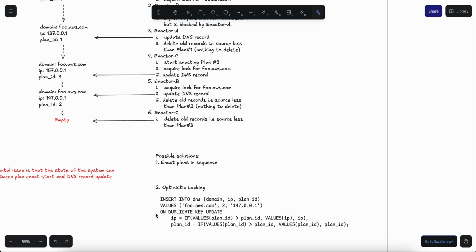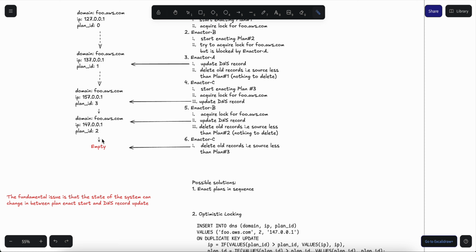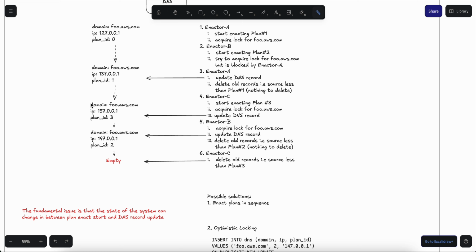Anyway, we ensure that if the plan ID that we're trying to insert or upsert is greater than the previously stored plan ID, that is only when we update the IP. If it is less, then we essentially ignore that update. And if this was done, then this second update would have been ignored and the system would have been left in this state.